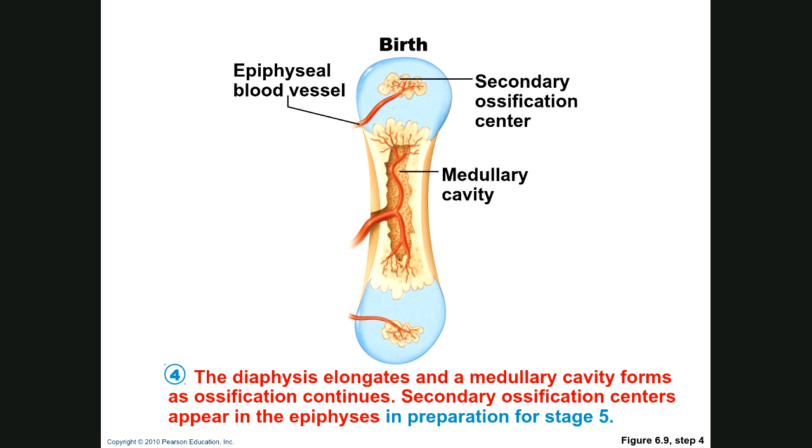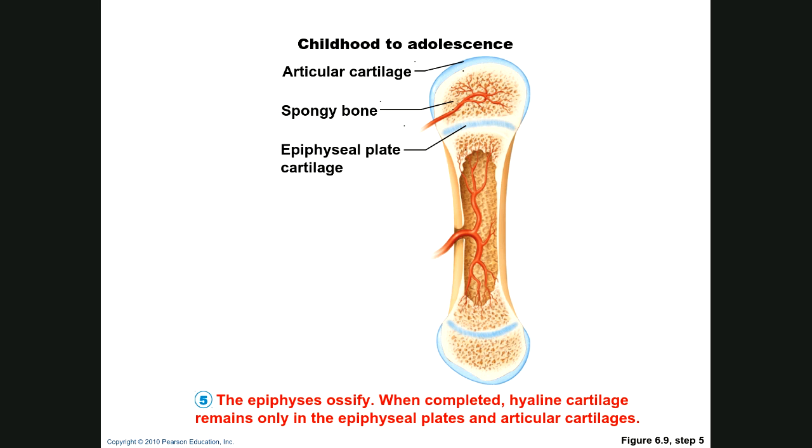So now this is birth. You have the diaphysis of the bone, already pretty calcified, but still needs some more calcification. But then you have secondary centers of ossification taking place in the epiphysis, on either epiphysis of the long bone. These centers have already been invaded by blood vessels, so that during childhood and adolescence, what we're going to have